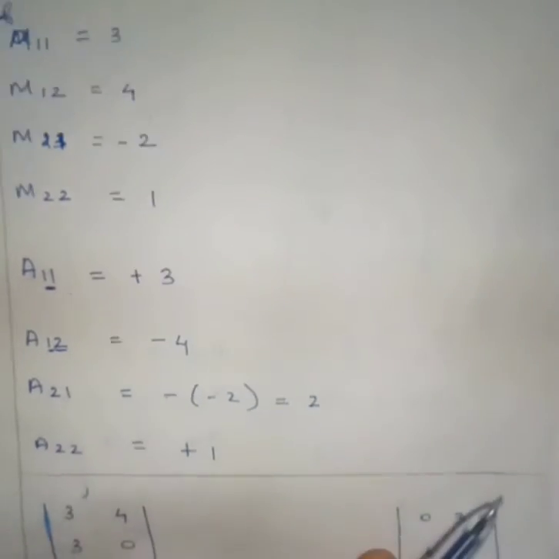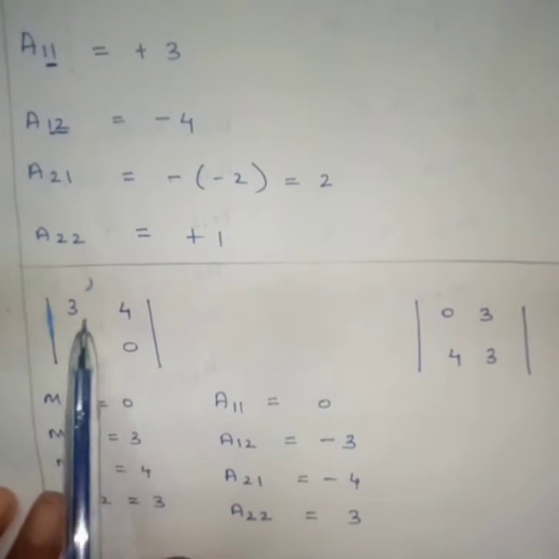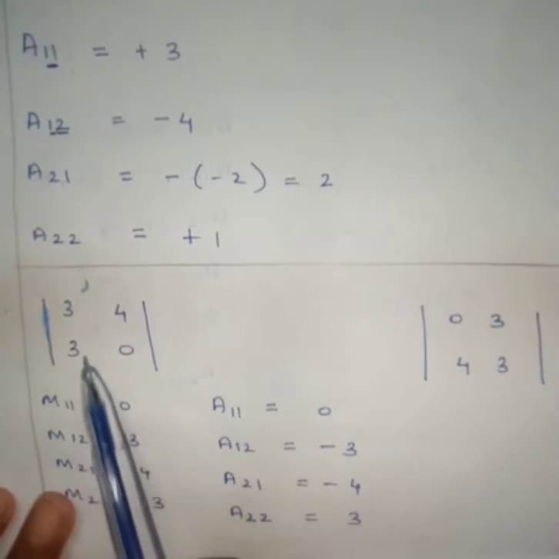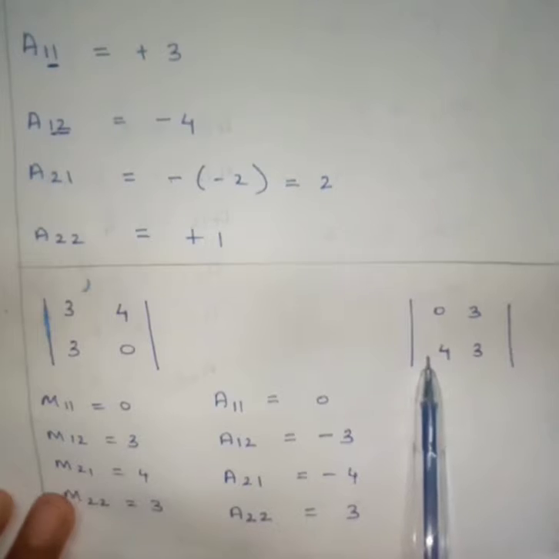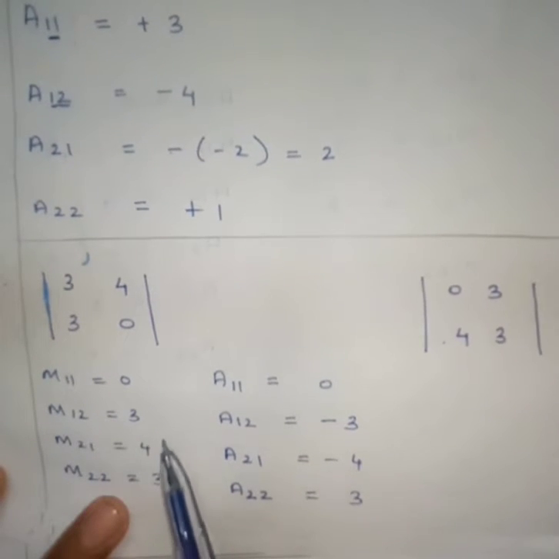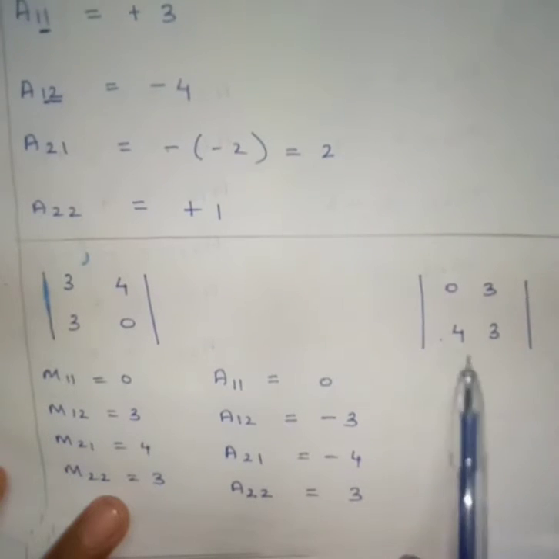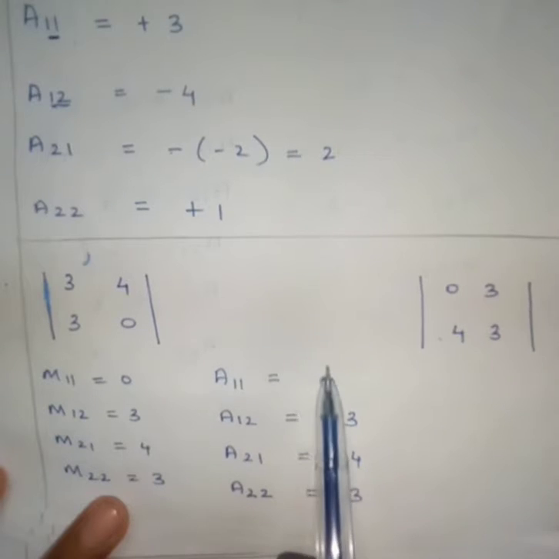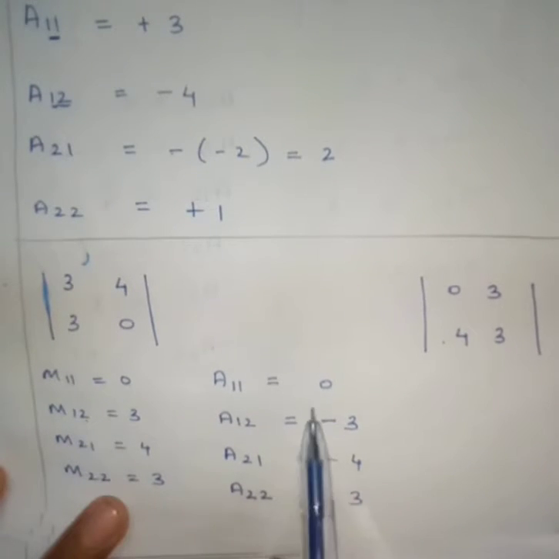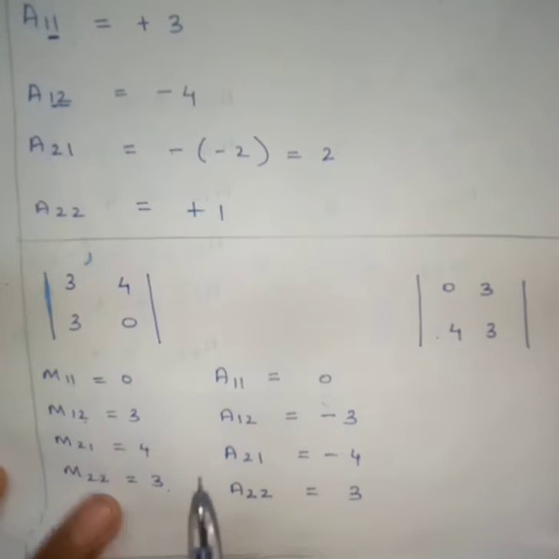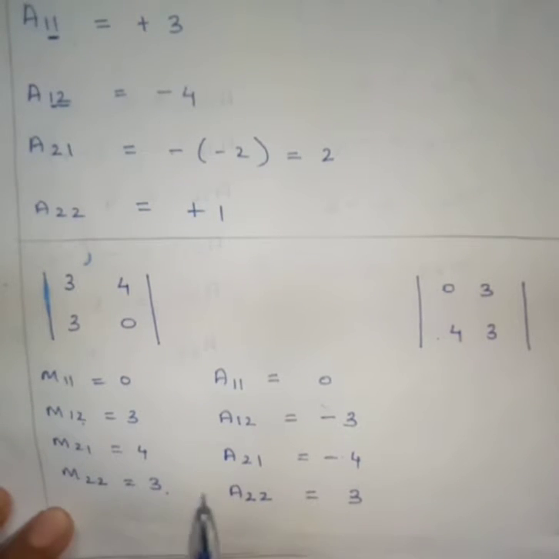Okay, can we do the next sum? See, 3 4 3 0. So first you interchange 0 3 3 4. Okay, I interchange, that is your M11, 0 3 4 3. Directly you write whatever you have there. So this is positive, so positive. 1 plus 2 is odd, so negative. Negative, so negative. Positive, positive. Why is it positive? 2 plus 2 is even, so you're getting a positive value.